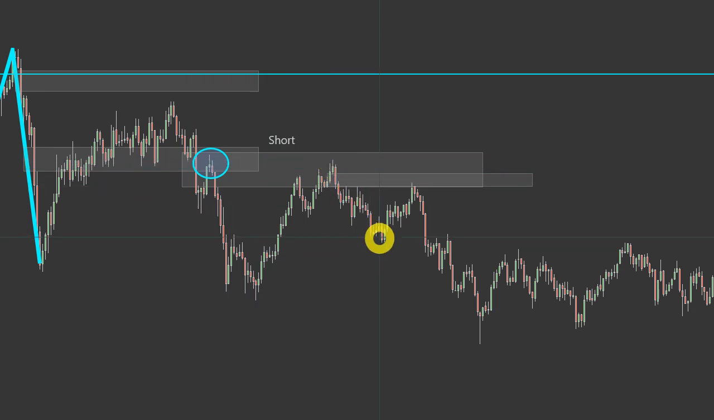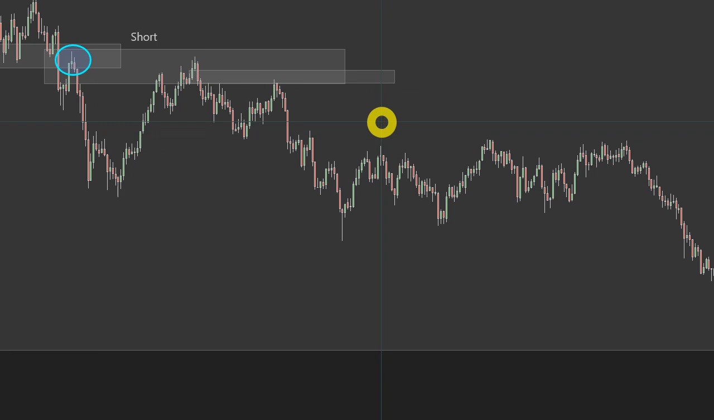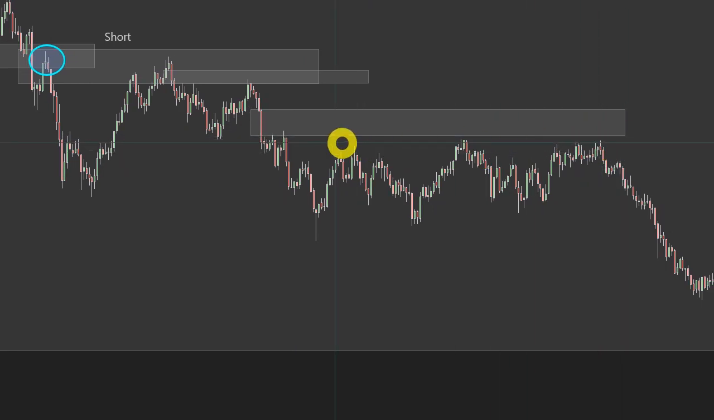And then it displaced down, came back up and tested that fair value gap. It did create a fair value gap right there. That would have been a beautiful test. Here's another fair value gap that I didn't notice before. And it tested it. Well, it didn't quite come up over here to that level, but right here in this